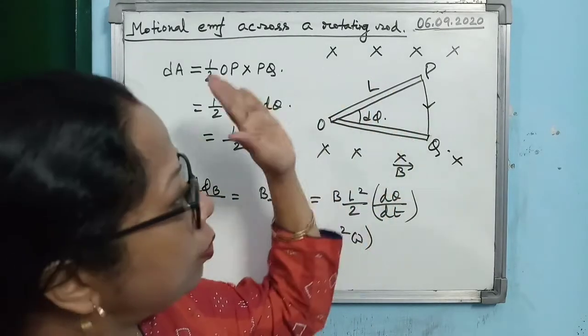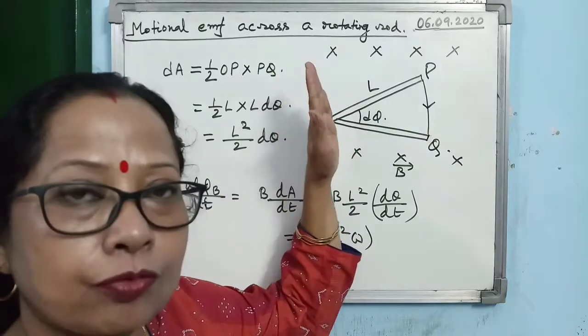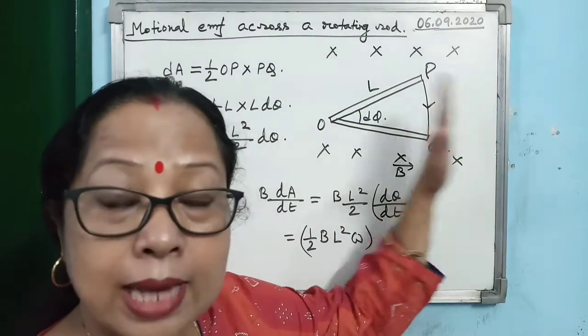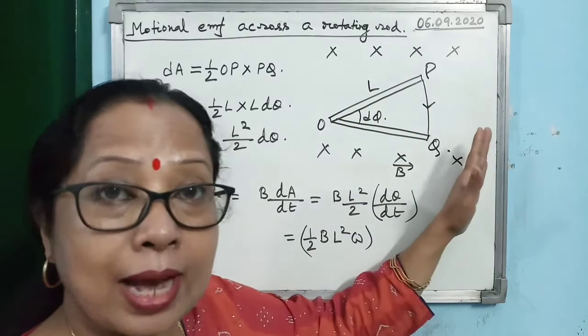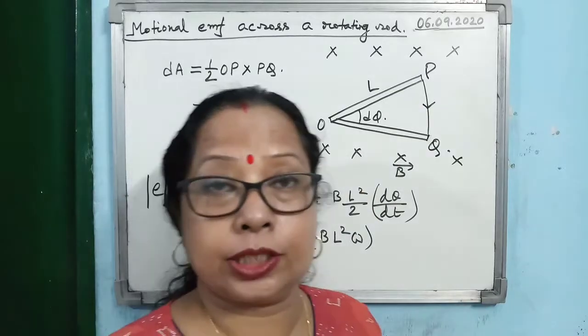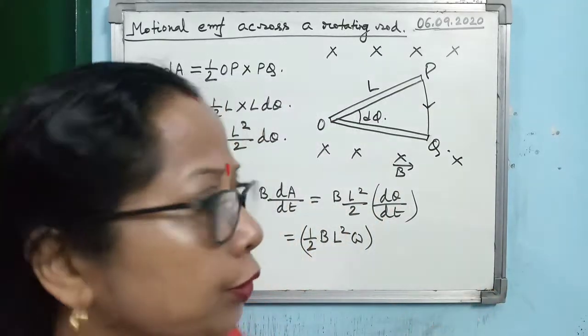But in this case, the conductor is not moving with a linear velocity. Just follow my hand, it was moving like this in the magnetic field, and that's why it was cutting the flux, because the magnetic field was in the perpendicularly inward direction. It was inward and perpendicular to the whiteboard.